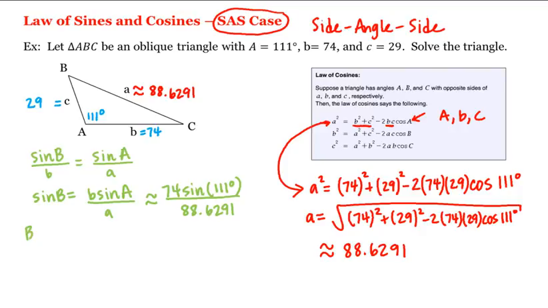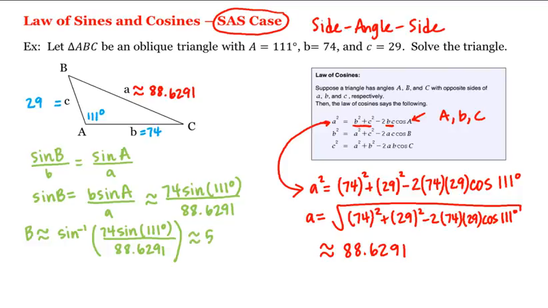And therefore, B is approximately inverse sine of this, 74 times sine of 111 degrees divided by 88.6291,